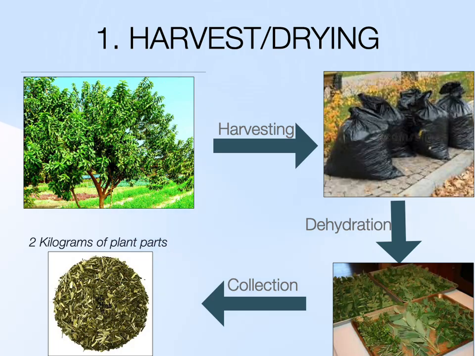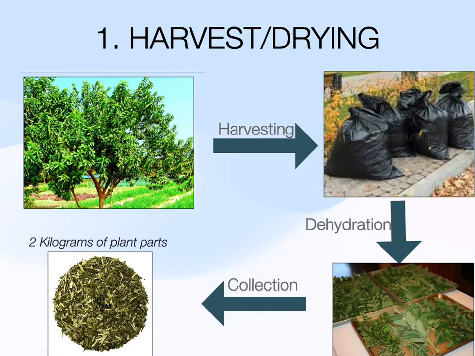The harvesting step entails, like I stated previously, the accessing of the plant part in bulk quantities. Pictured here in the upper left corner is that of a tree that is the source of the plant part. And in this particular case, the plant part of interest is the leaves. Once the leaves are isolated in bulk, they are harvested and gathered in large gallon-sized bags,